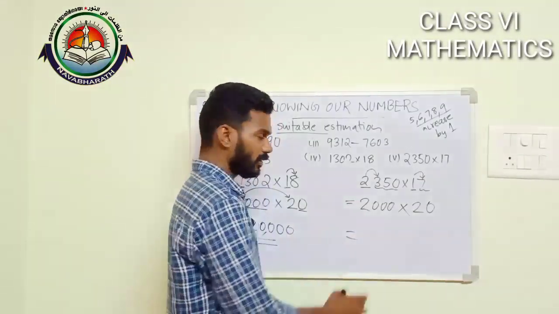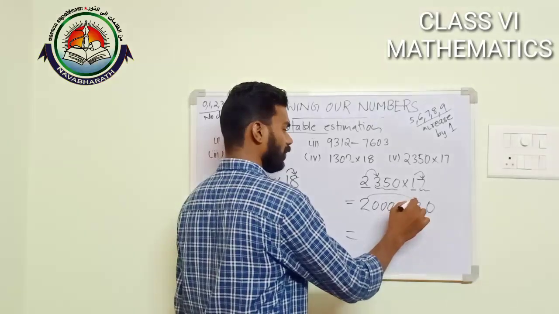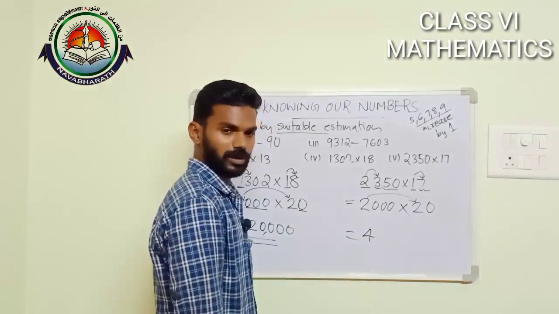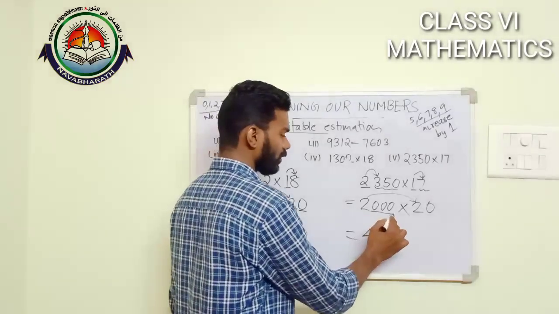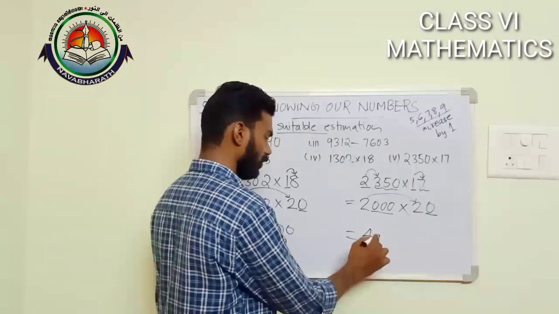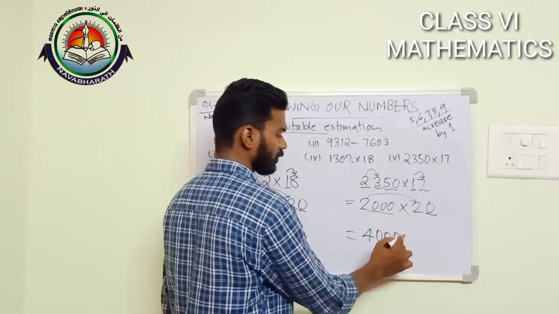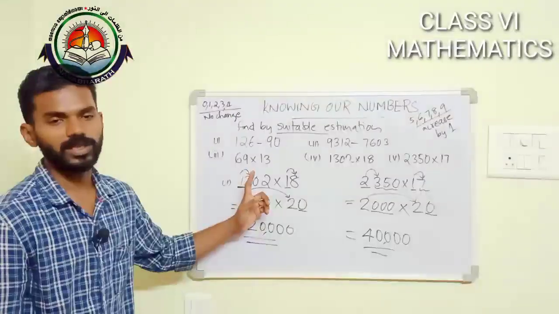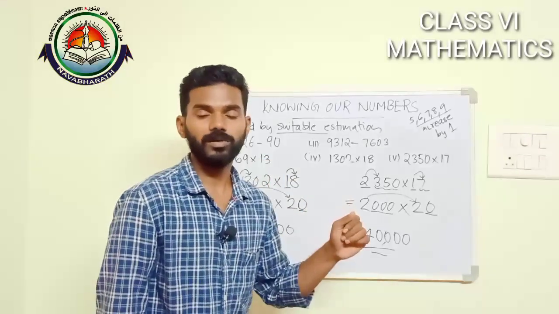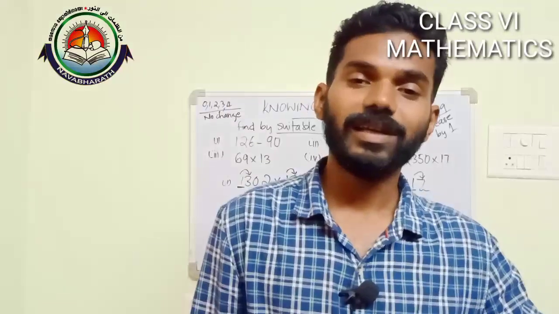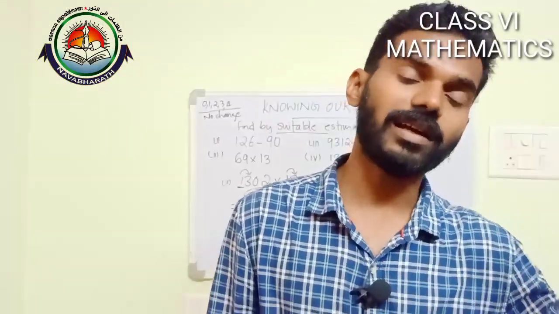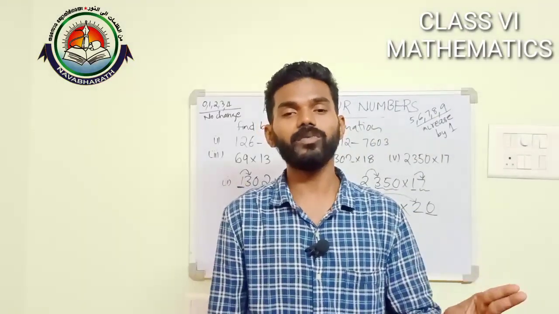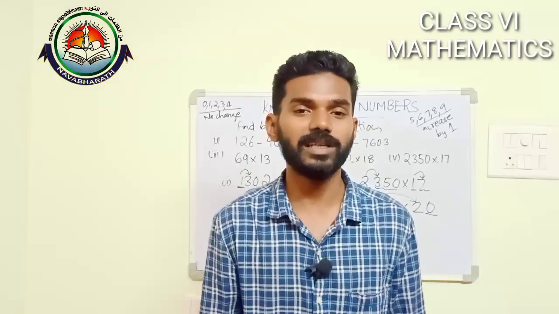What would be the answer? For that, 2 multiplied by 2. 2 twos are 4. Now how many zeros? 3 zeros here, 1 zero here. So a total of 4 zeros. What would be the answer? 40,000 would be the answer. So I hope you are clear about estimation and the concept of rounding off and how we can do estimation in